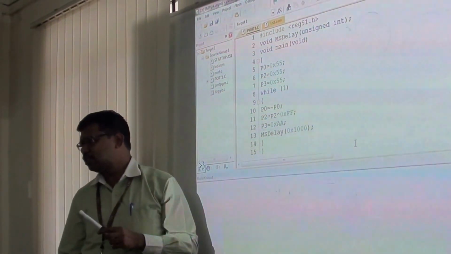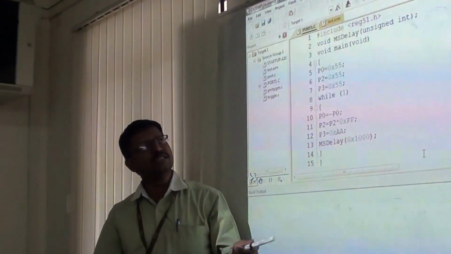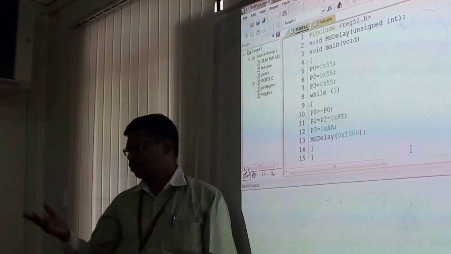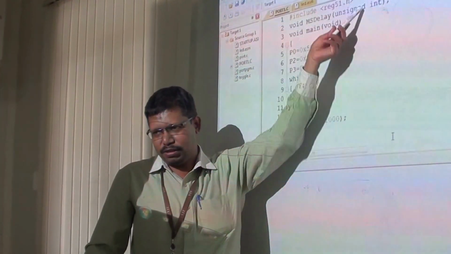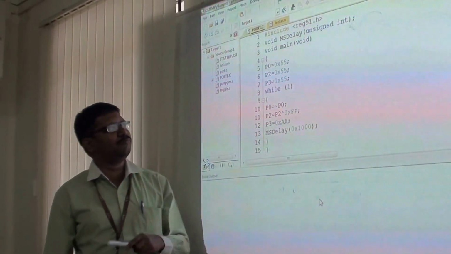If you want to use this program for 8051 based ICs, we have to use reg51.h. If it is some other manufacturer's IC, we have to collect the header files accordingly. Header files are sourced by the vendors who manufacture that particular IC.